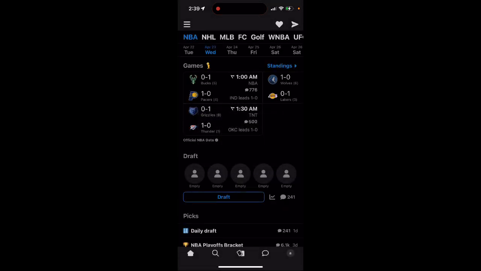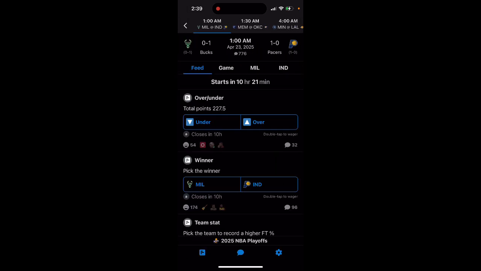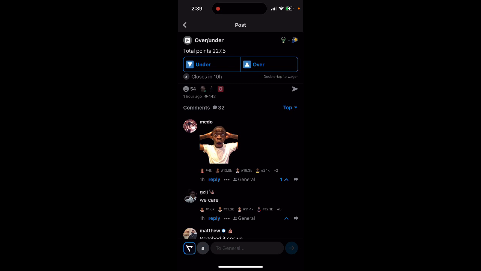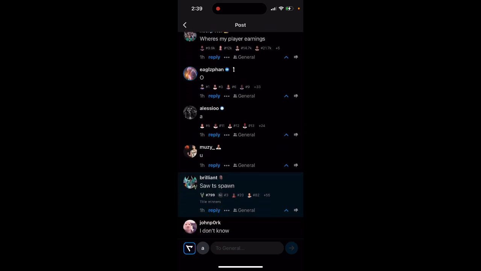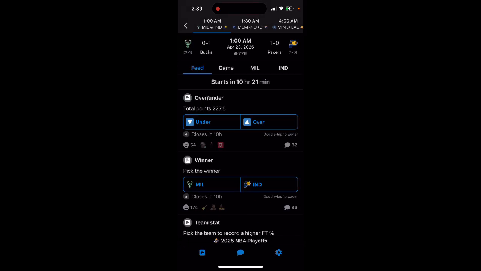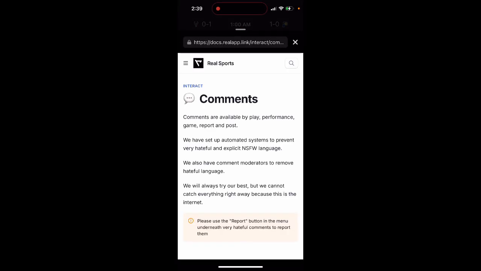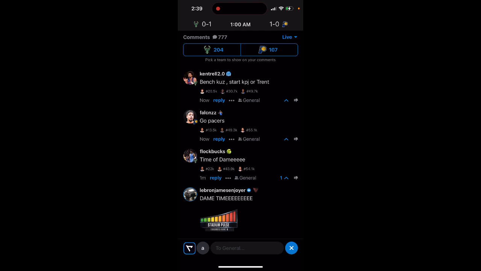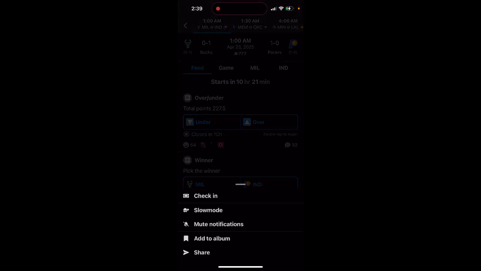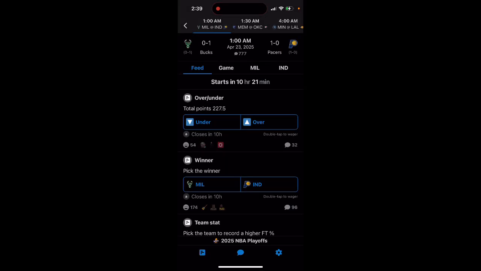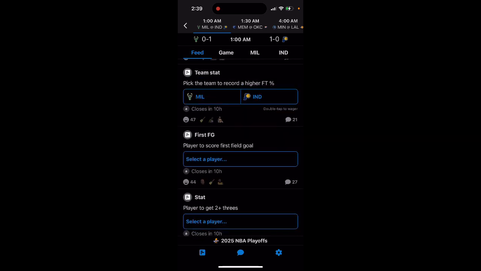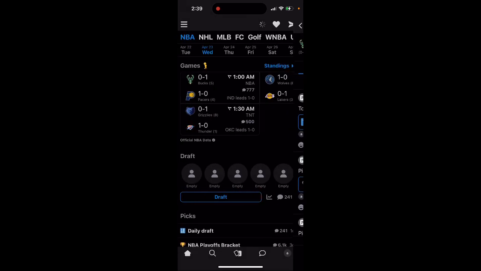basically all the teams. You can see games. So for example, if you just go to the game, you can just go and see in here like that, and then there is basically just a live chat, and then there are settings. So yeah, basically a bit more advanced app for sports.